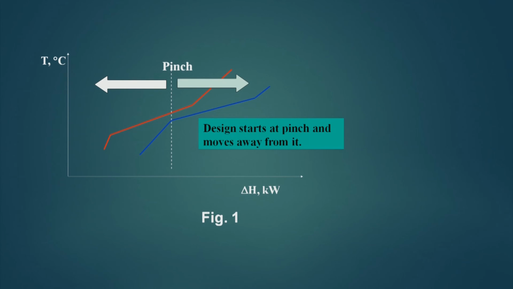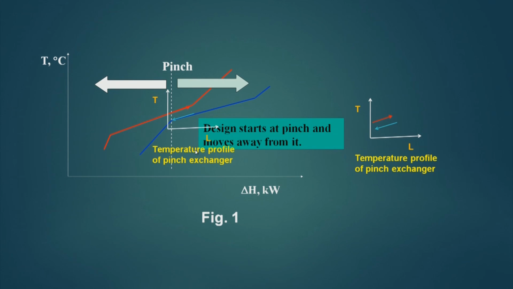Now, suppose this is a composite curve and here this is expanding, that means this distance is minimum, here it is more, here it is more and more. Now, if I am placing a heat exchanger here and the temperature profiles of the heat exchanger with length is this, if this matches with here, then the design will give minimum area. So, it matches here.